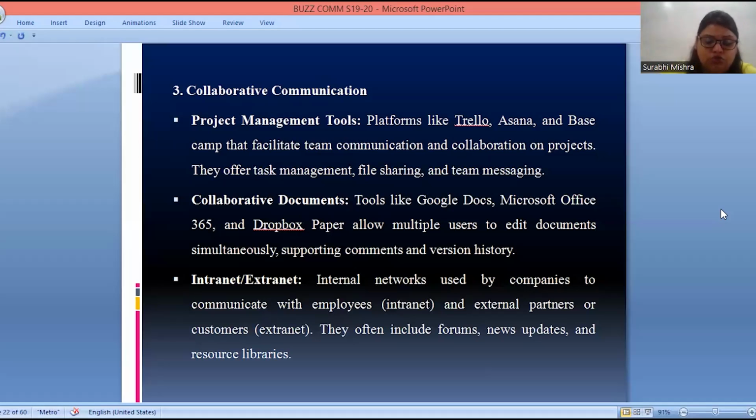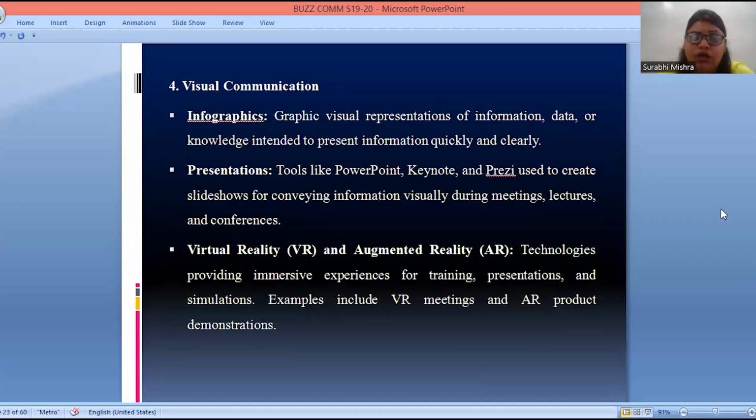So let's switch to the other tool, visual communication. The next tool is infographics. Infographics are graphical visual representations of information, data, or knowledge intended to present information quickly and clearly.